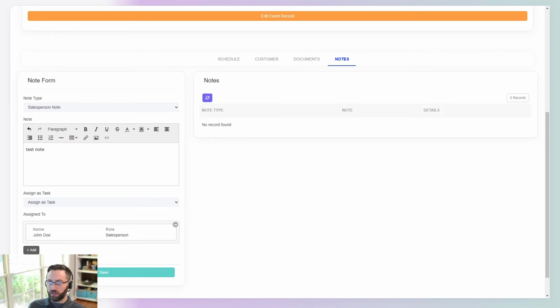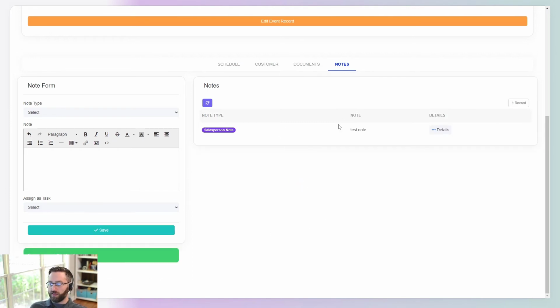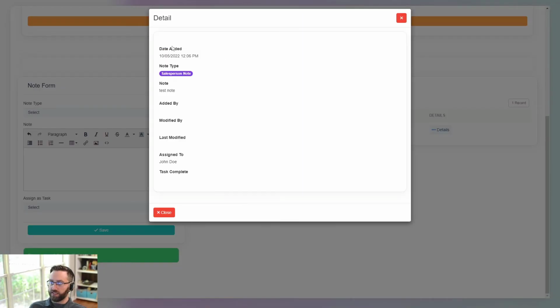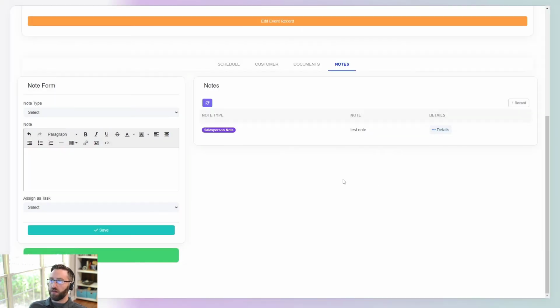note. All right, so this is great. So now we have all of this information here. We can see our note here. We can see it's assigned to John Doe. All right, now